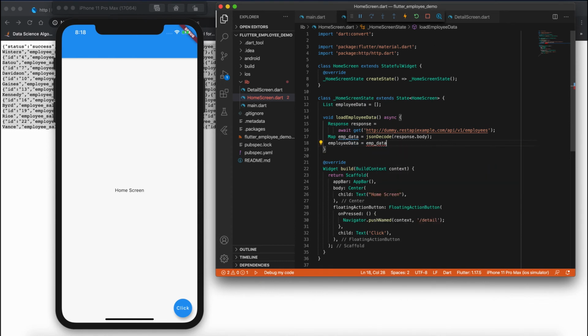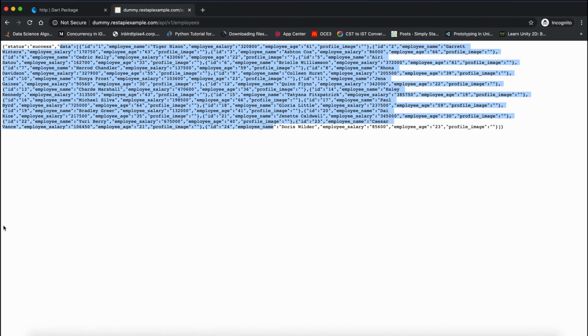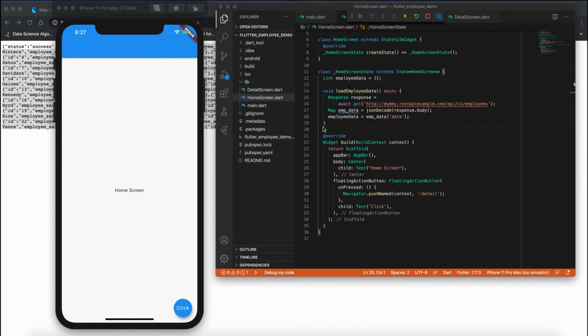In this I should call this key, because if you observe the JSON, the JSON has two keys, one is the status success and the other one is the data. So this data is the key that holds all the information related to the employee. That's the reason we are fetching data. This data holds all the employee information over here.